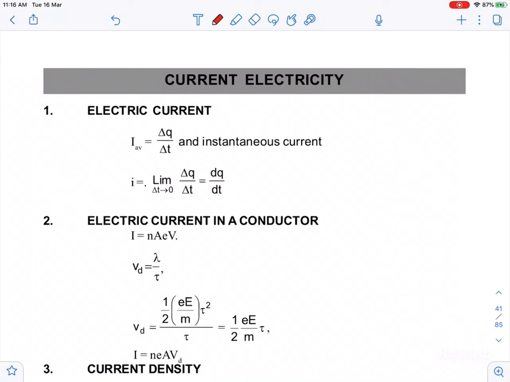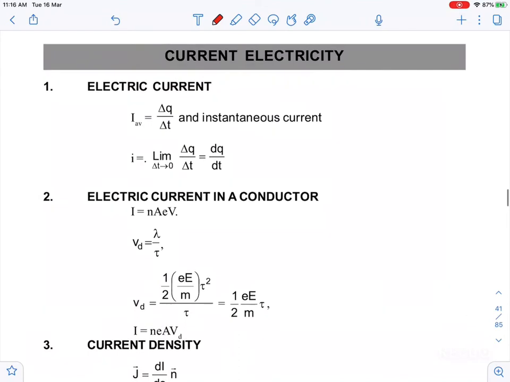This is the last lecture of that quick revision series. Most of the topics we have covered before: electrostatics, mechanics, waves, and thermodynamics. In this one we will cover electricity, magnetism, and if possible, modern physics and optics. If not possible, I may take one more video on these, because it is a huge amount to cover without skipping a single thing, and this is very important for JEE Mains.